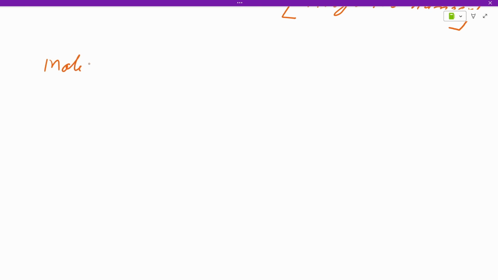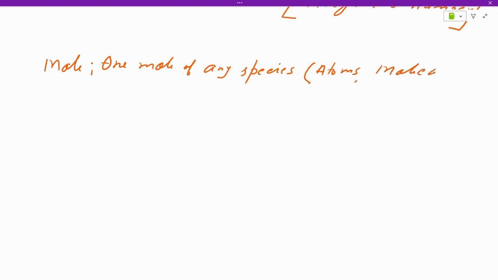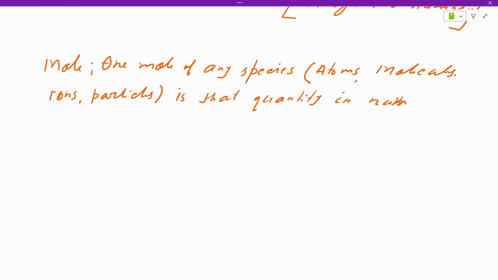So write about mole. 1 mole of any species, be it atoms, molecules, ions, any particles you can say, is that quantity in number